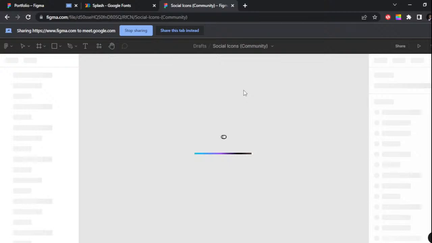Let me check if my icon pack has opened. Ouch, why is it taking time? Okay, it gives you almost virtually the popular social